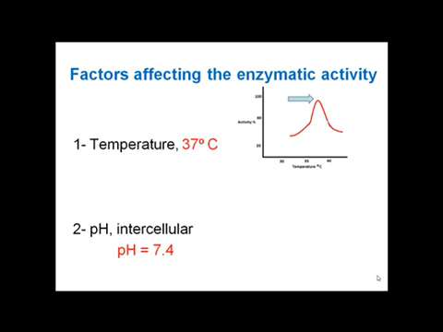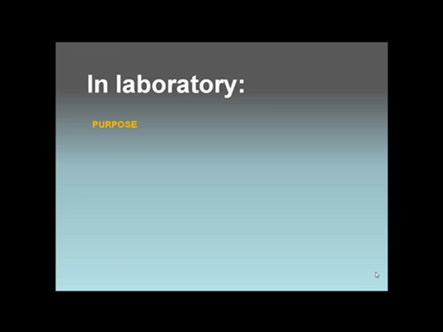The blood fluid in the body has a pH 7.4. The pH of most sites in the body equals 7.4. The graph shown here tells us that the enzymatic activity is optimum when the reaction occurs at pH equals 7.4. In the contrary, in the stomach, for example, where the pH is very acidic because of the presence of hydrochloric acid, the optimum activity should be around pH 1.5. The purpose of this lab experiment is